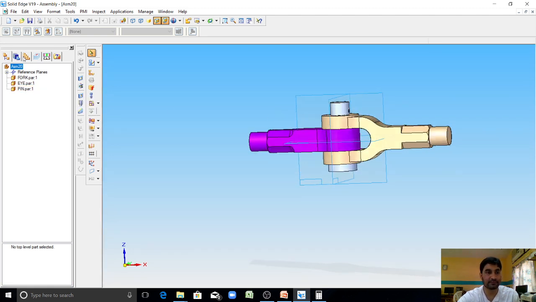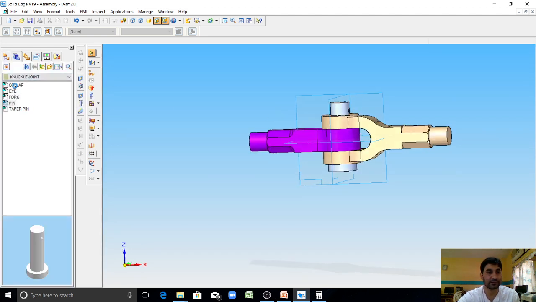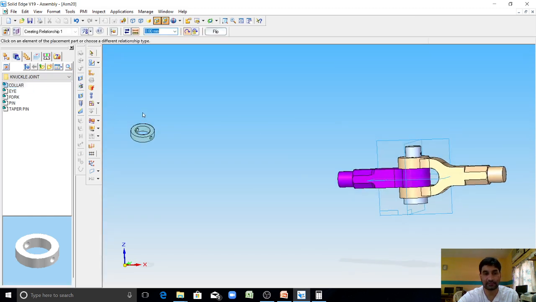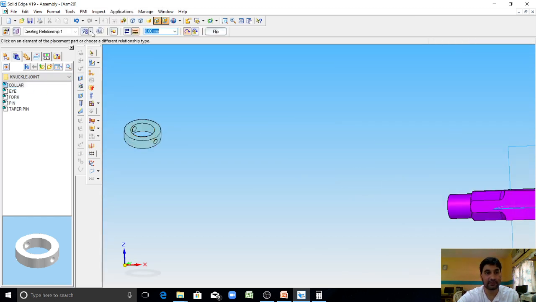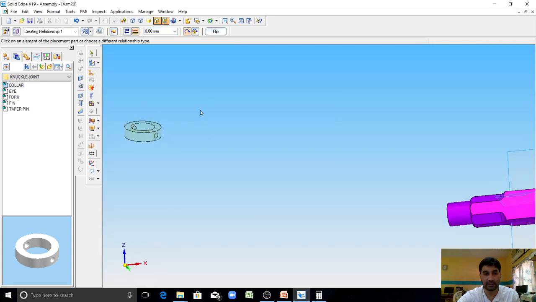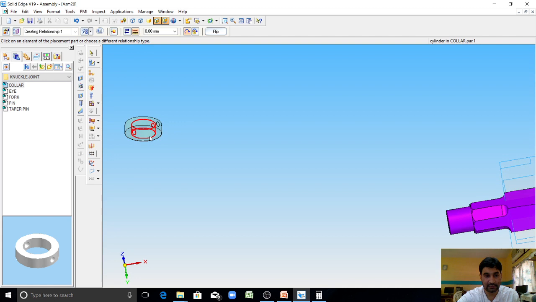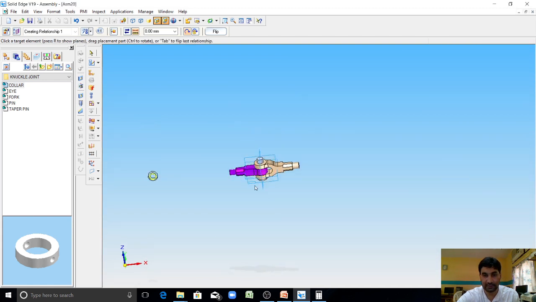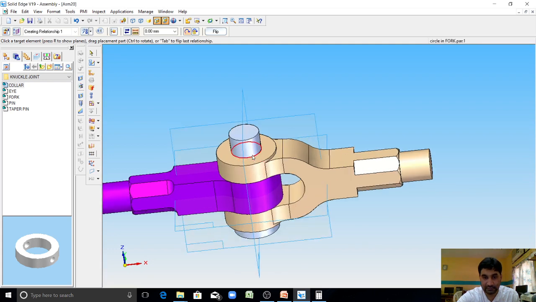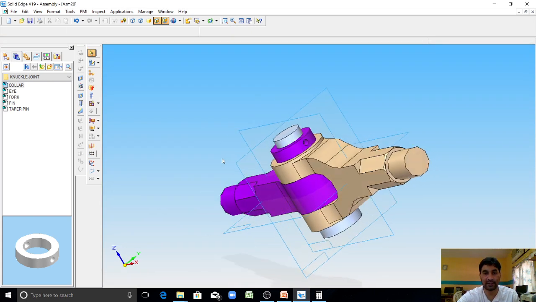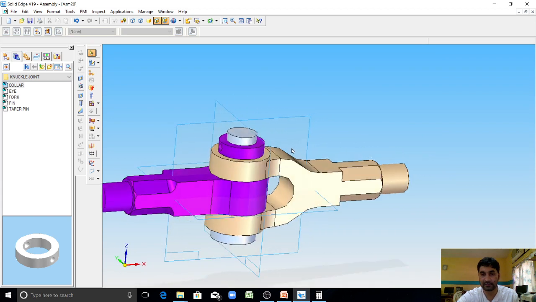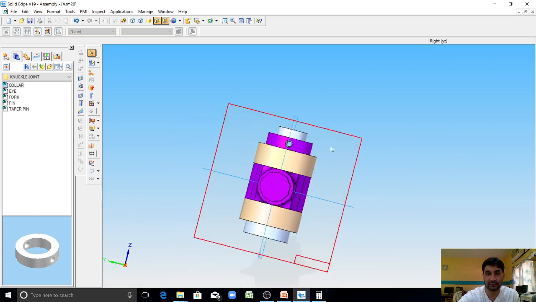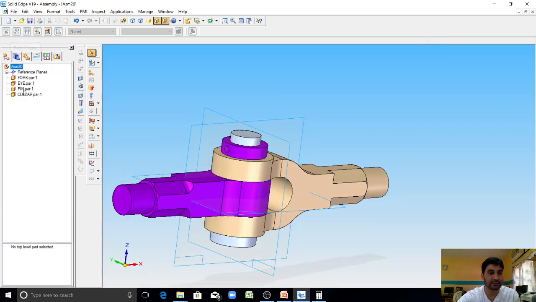Now the fourth part is collar. Double click here. In a similar way, using flush fit, click on option here, click OK. Click this edge, right click the mouse, select this edge, and it must assemble to this edge. You can see here it is perfectly assembled. The holes are also matching. See here it is fully positioned.